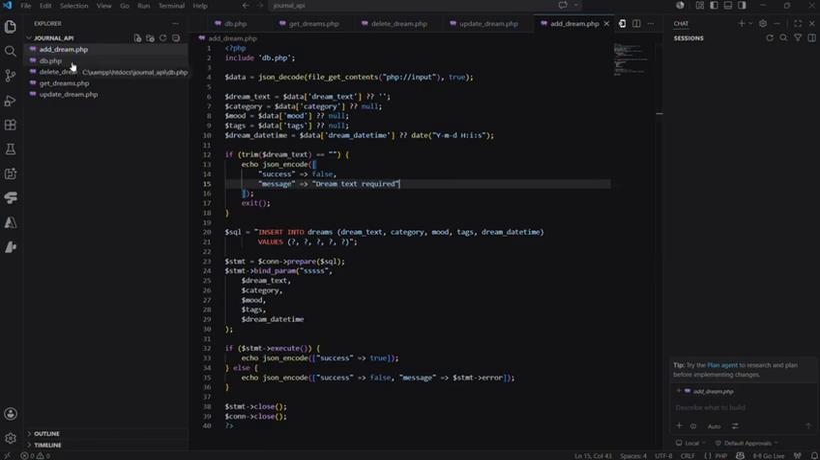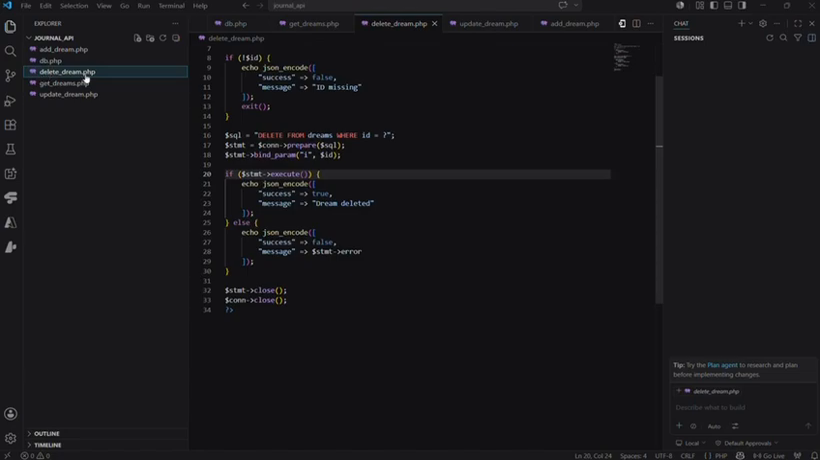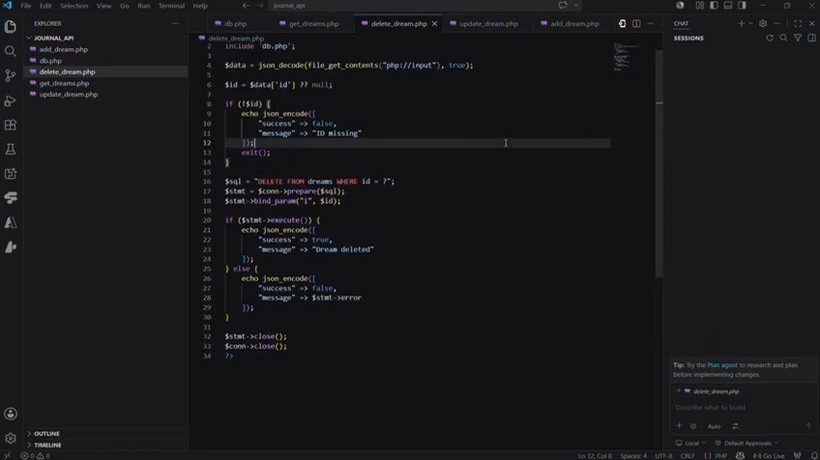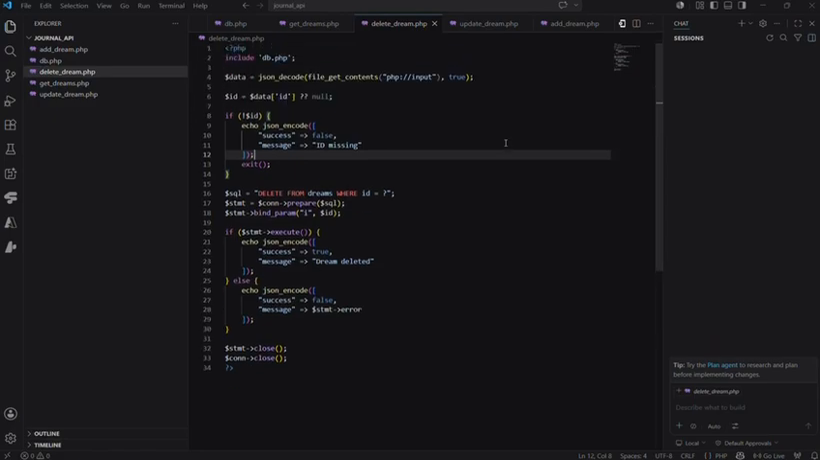delete_dream.php. This PHP file deletes a specific dream entry from the database using its ID. It returns a JSON response confirming whether the dream was successfully removed. Next is the